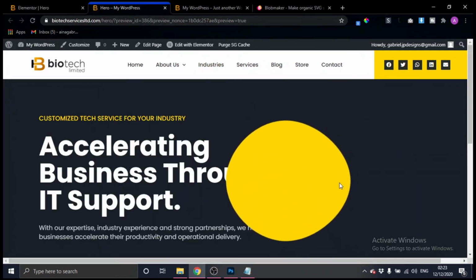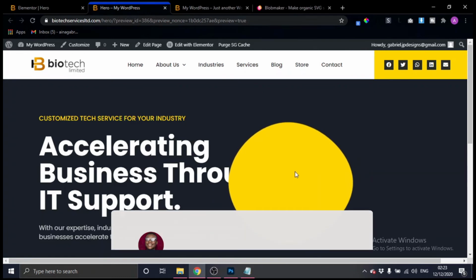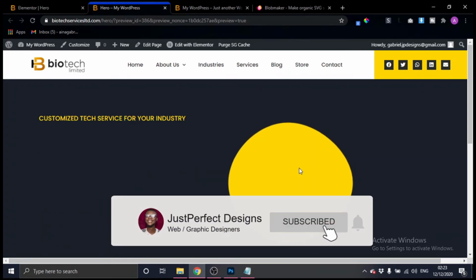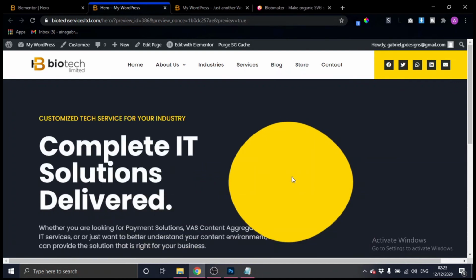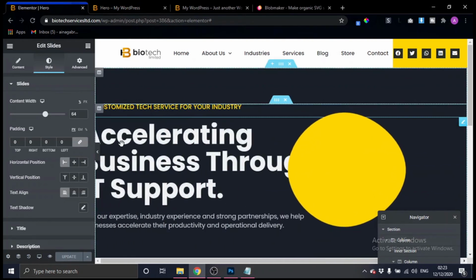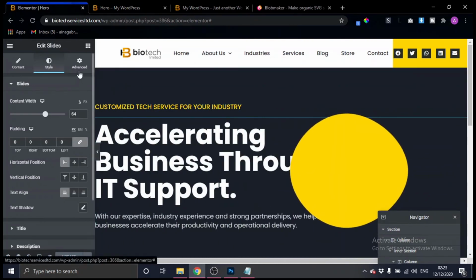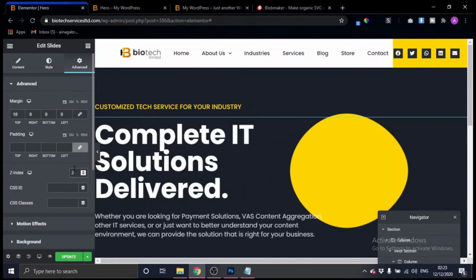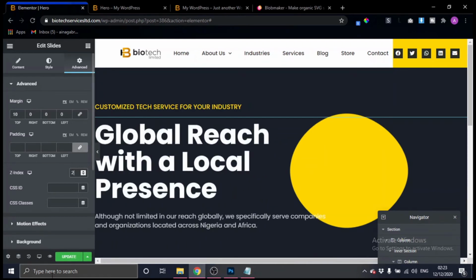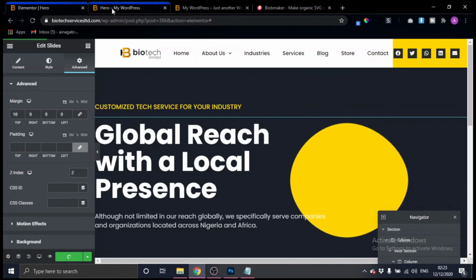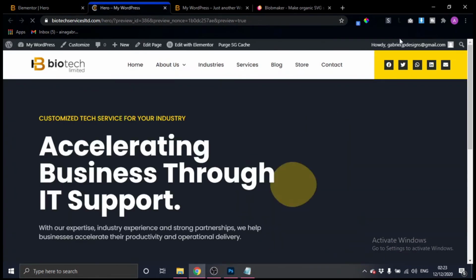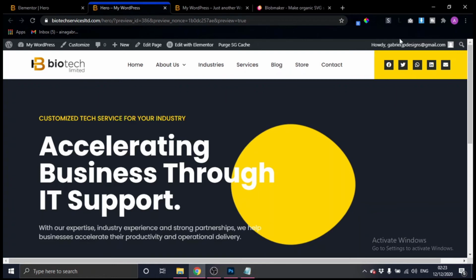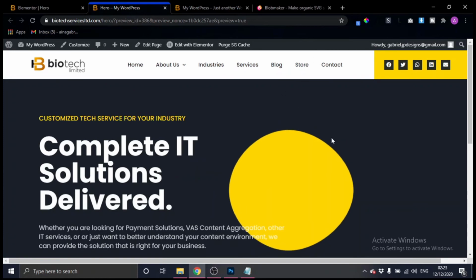As you can see, this blur effect is actually overpowering or staying on top of the slides and hiding the content below. So what you want to do is increase the Z index of this slide. So you come down to the advanced and let's just give it a Z index of, let's say, 2, and automatically that brings it to the front. So when we save this and then we go back to the preview, we see now that the slide is actually stacked on top of the blur effect.